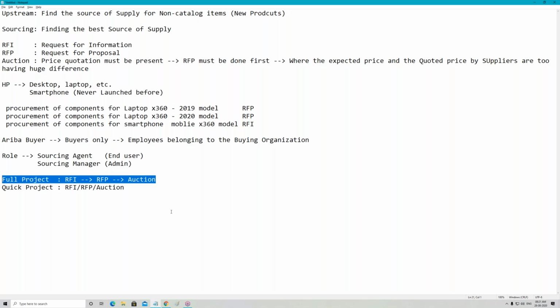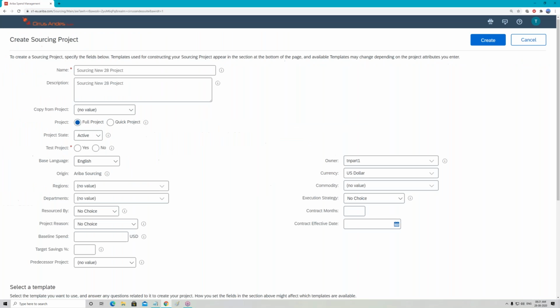Of course, exactly. Now, how are you going to do the changes? As I told all of you, in upstream, if you want to do the changes or the configuration, you have to go and do it in the template. But the fundamental mistake all Ariba consultants make is that the template config will only work when your sourcing project has been created. Is our sourcing project created here, guys?